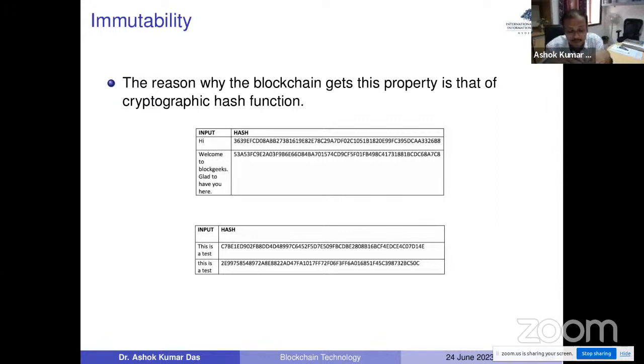As a result, in blockchain technologies, if an attacker tries to modify some data, even just changing the uppercase T to a lowercase t, the hash value will be completely different, and that will be detected when a block is verified using hash functions. So thanks to cryptographic hash functions, this very prominent property of the blockchain, known as the immutability property, is provided.